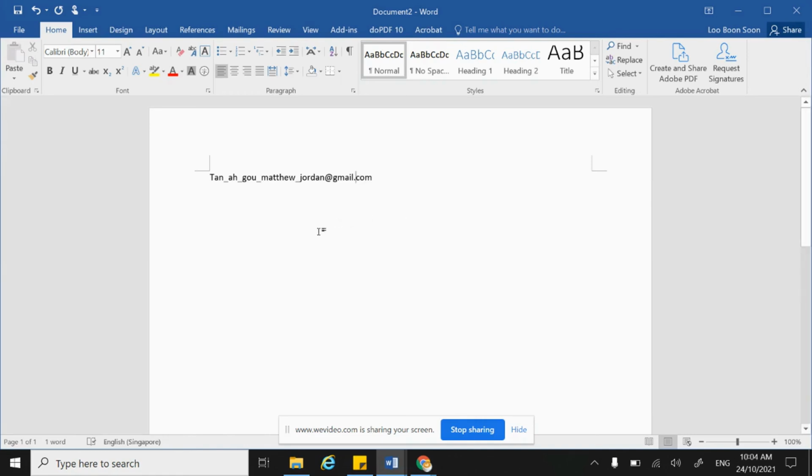Let me show you. Say you have this phrase, Tan Akau, Matthew Jordan at gmail.com. It's quite a long phrase, and if you want to type it out many times in the document, it can be quite tedious. Of course, you can use the copy and paste function, but if you use the AutoCorrect function, it is very easy as well. So to do that, it's very simple. You highlight this phrase,